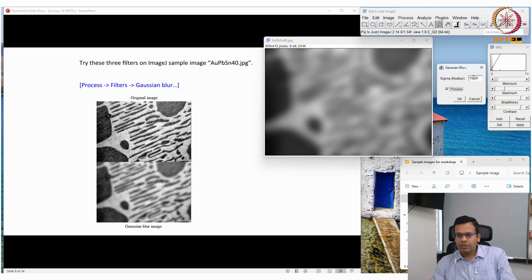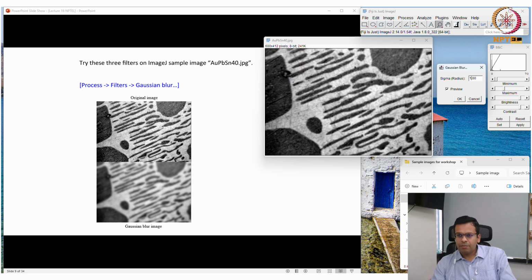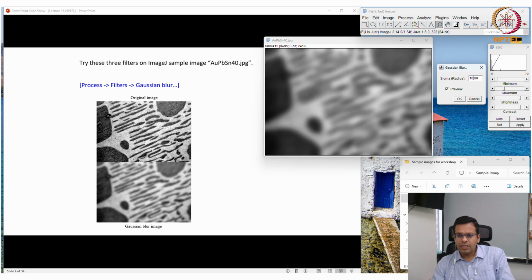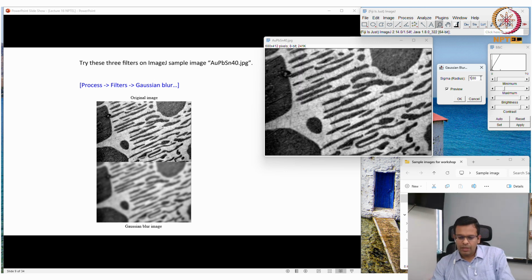So what will happen depends on the sigma value I put. It will blur the image like this. If I put the sigma value 1, it will be slightly blurred. If I put the sigma value 2, you see the blurriness increases. With sigma value 5, it becomes more blurred. With sigma value 10, it is even worse. So the higher the sigma value I put, the more the blurriness in the image increases.